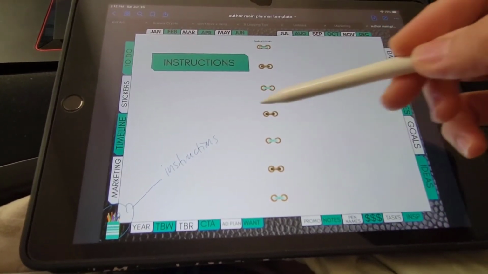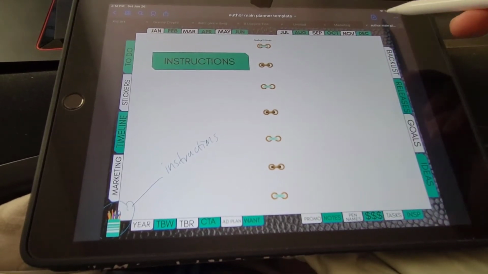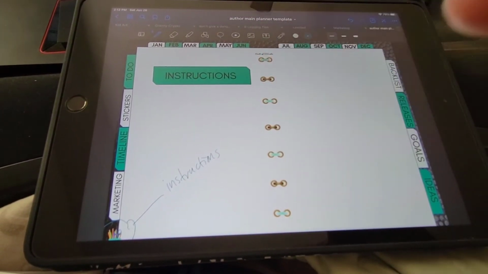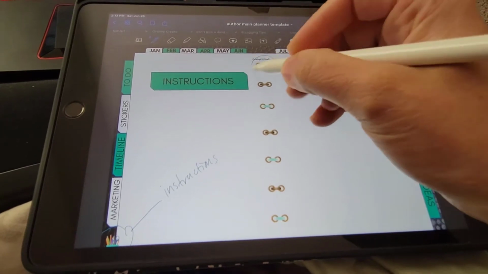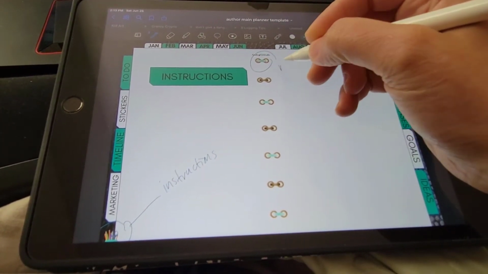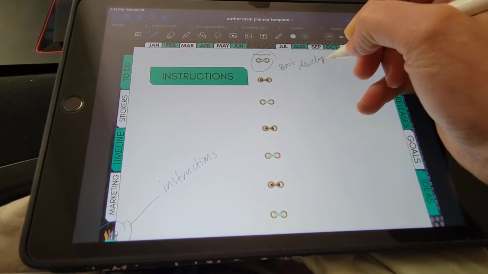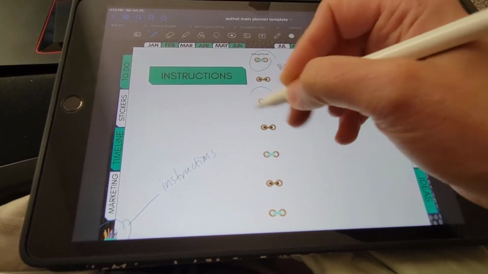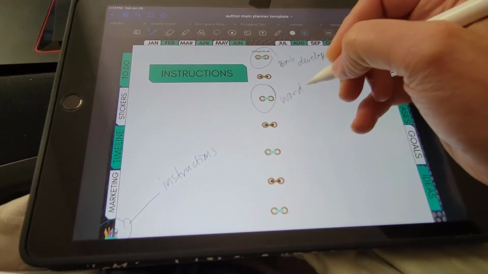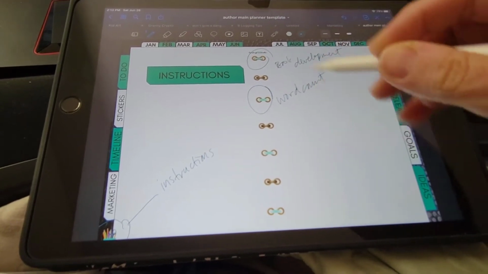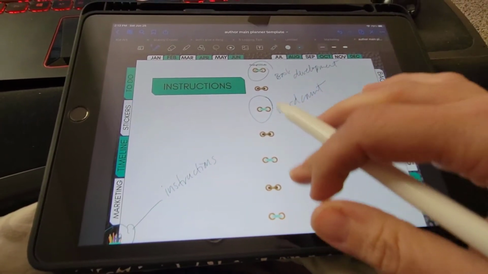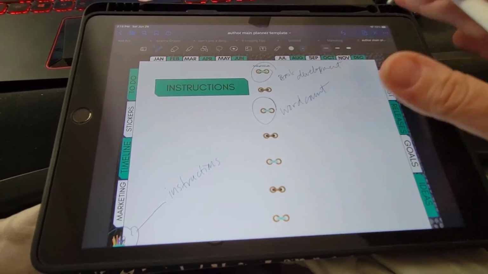Now on some of these, you'll want to make sure and write down what they are, because I left a lot of room for customization. So this right here, I believe, is book development, but we'll go back in there and I'll redo these. Don't look at my handwriting. It is atrocious. Okay, so we'll come back to these, but I do have secret pages and secret sections